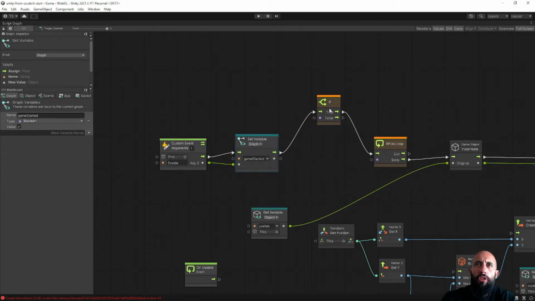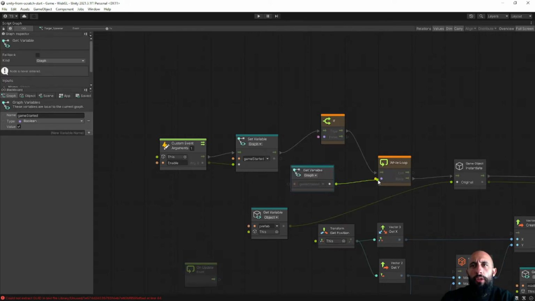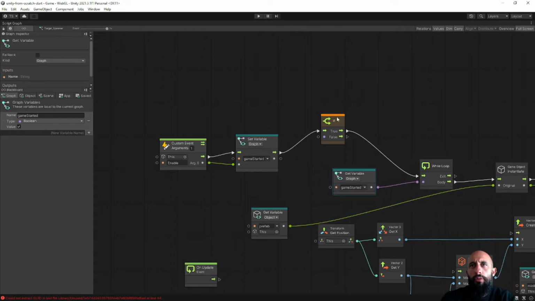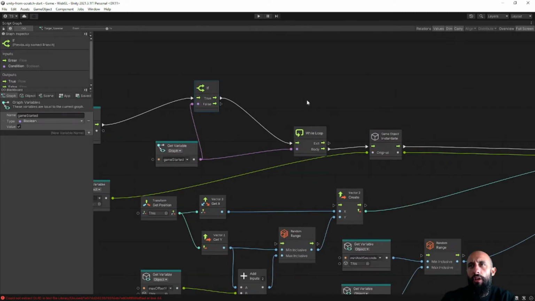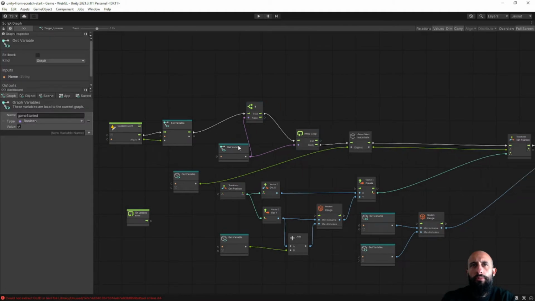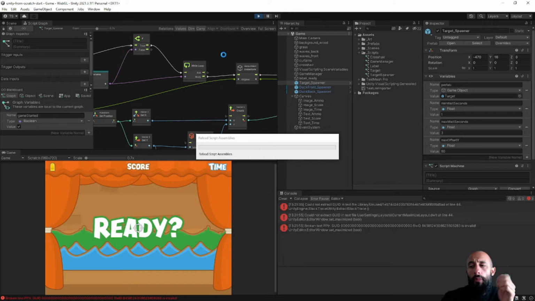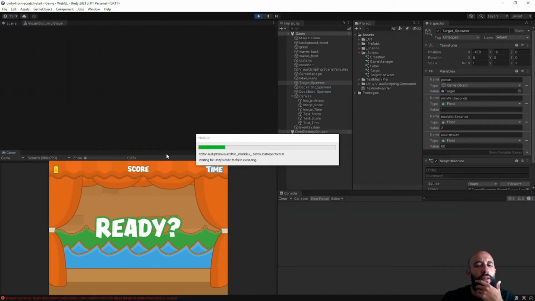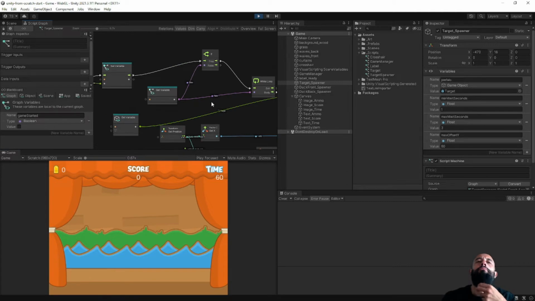Okay, so let me check. So I changed the variable. Okay, this is a little bit strange, but let's see. So if this is true, and I'm going to connect also here. Let me just check and see if it works. Trying to understand the difference, but to be honest, I was not expecting it. And it worked. Okay, so let me try to